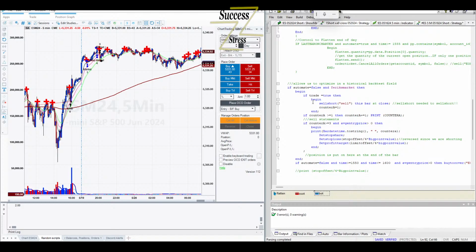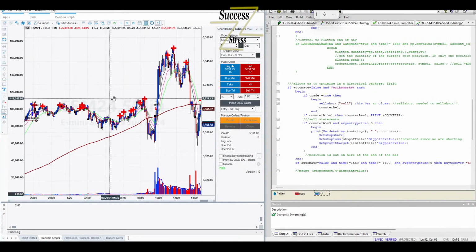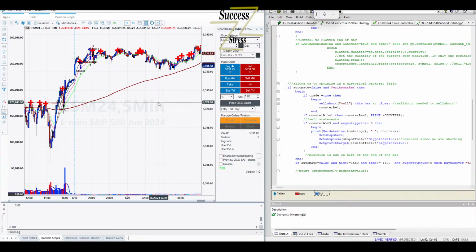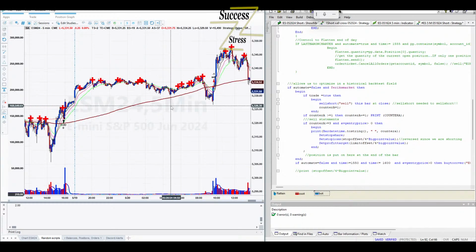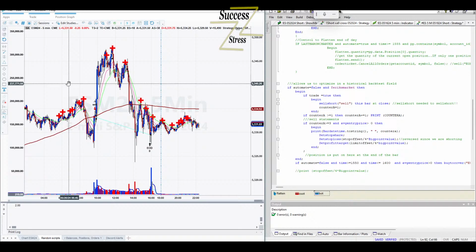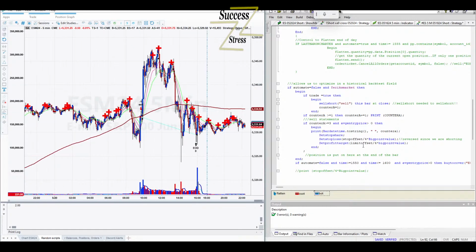If counter A is greater than or equal to, what is going on over here? Let's get rid of this, that's in the way. Okay.